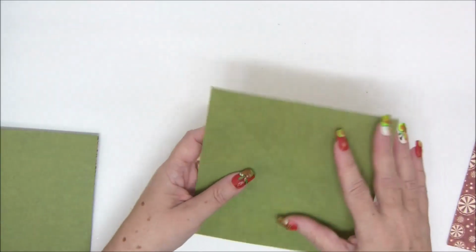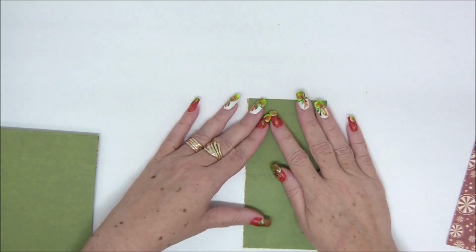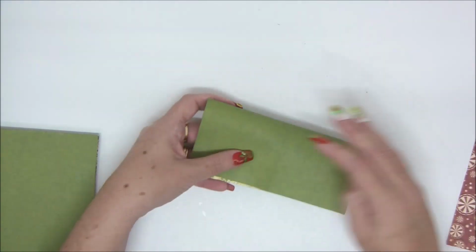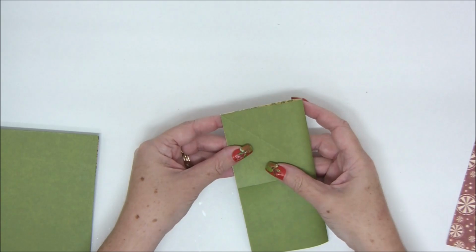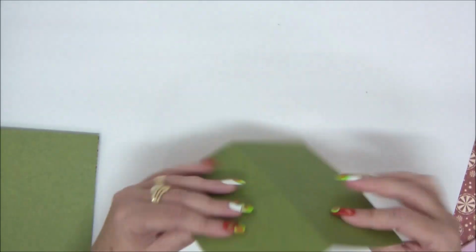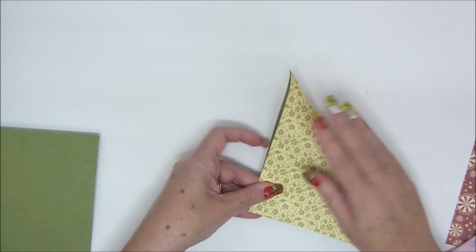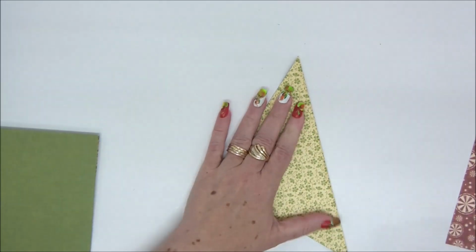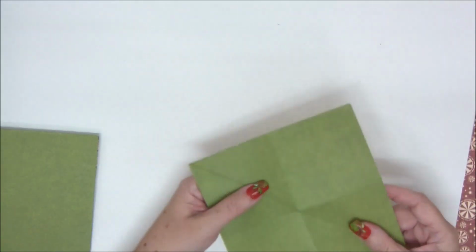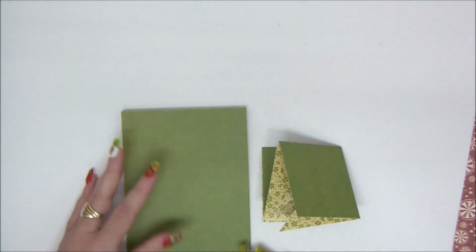Now you need to decide which side of the paper you want shown. You can always reverse the folds later if you change your mind. And you fold the straight lines towards the inside and the diagonal line towards the outside in the opposite direction. And this will create sort of an explosion effect with the fold that you're going to do, like this. So when you put it all together,